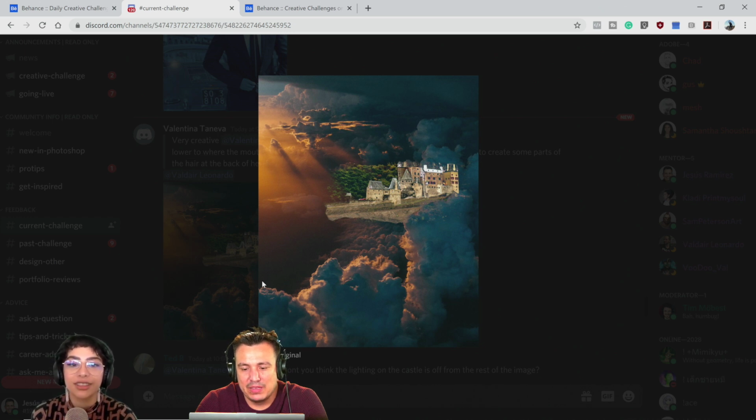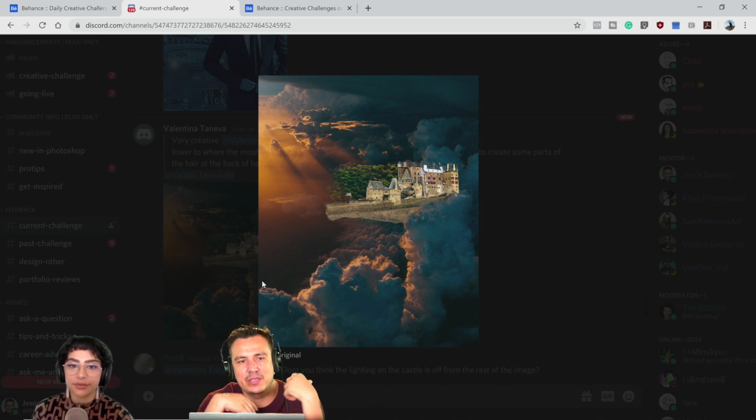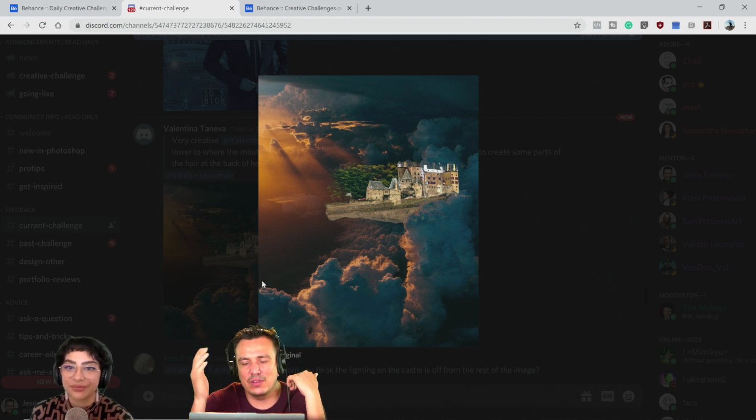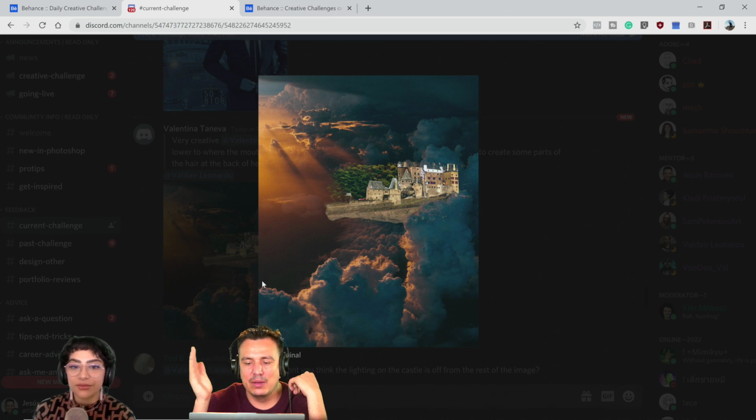Yeah. It's really fun. The one tip I would advise is when you're working on composites like this, where your source images have different lighting, just make a black and white adjustment layer on top of everything, so you remove the color and you just see the brightness of the image. And if you do that over this photo, I can guarantee you that castle is just going to pop because it's so bright. So then I would just bring down the brightness of this castle so that it matches the background a little bit better.